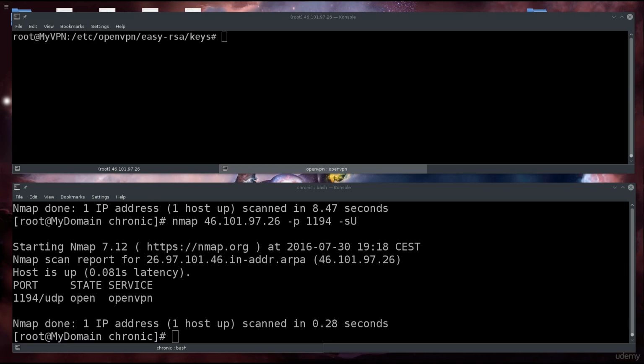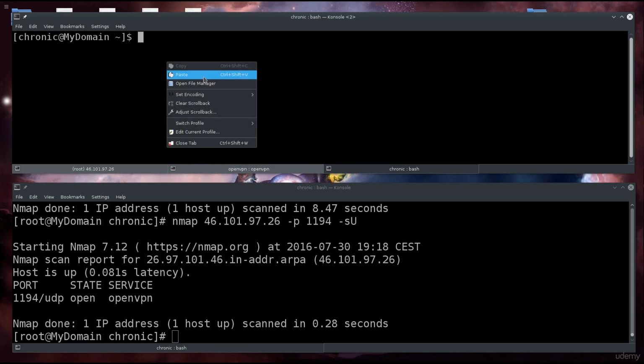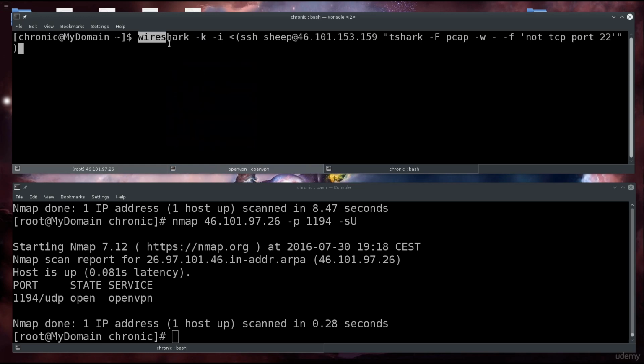Okay, so now that T-Shark is installed on our server, let's go over to our host machine, to our client machine, and you have this line of code which I have explained in great detail before and have elaborated on every single detail of it. Just gonna do this root. Even the old username remains there, sheep. So,